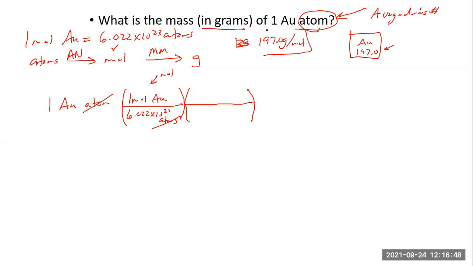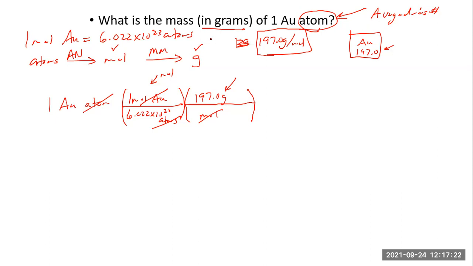We're going to now use our molar mass from the periodic table as a conversion factor to go from moles to grams. We want the moles to cancel. So moles would go on the bottom. 197 grams would go on top. Now when we cancel, we are left with grams, which does take us to essentially what we're looking for. So now if we do the calculation, we're basically taking 1 times 1 on top times 197,